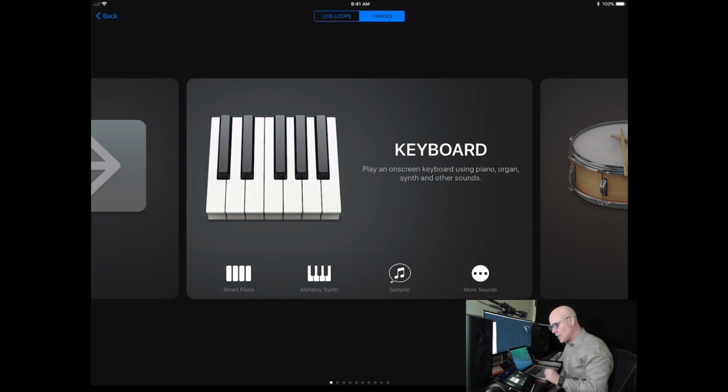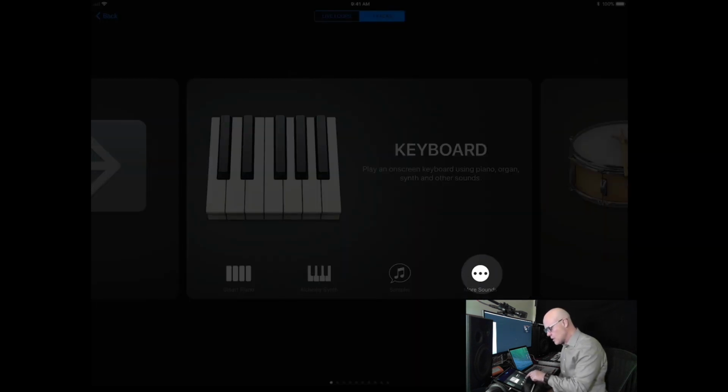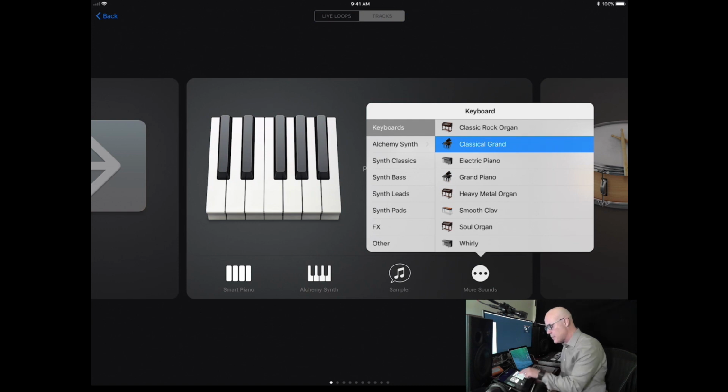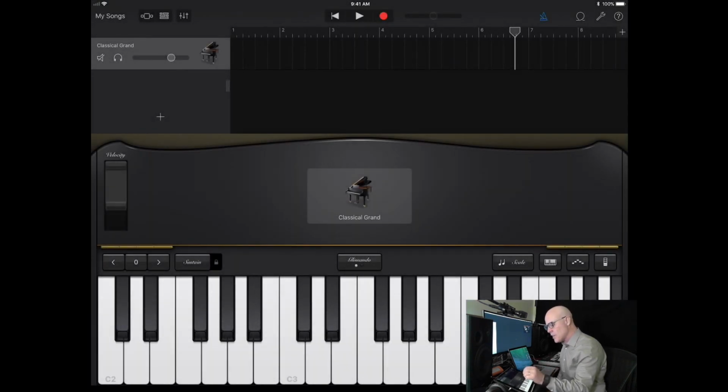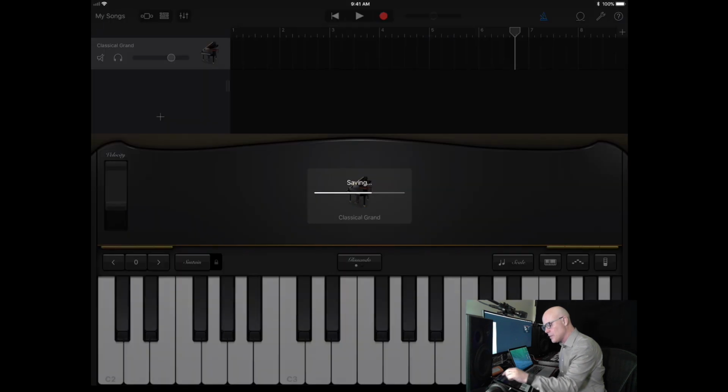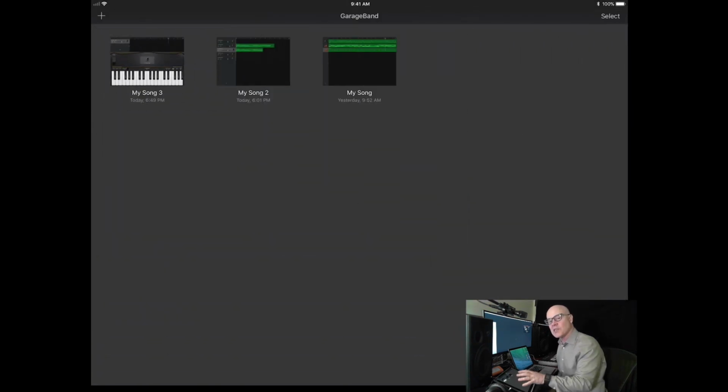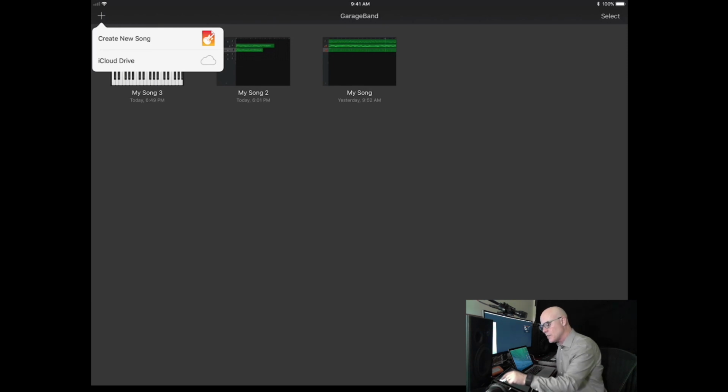So we're going to use this keyboard here. You'll see in the bottom right-hand corner, it says Smart Sounds. We're just going to open that up and we'll get an index of different sounds in here. The one we're going to select is the Classical Grand. And that's now going to open us up into one of a couple of different interfaces. You might see this screen here if you've made any previous songs. We're going to create a brand new song using this plus button in the top left-hand corner and say